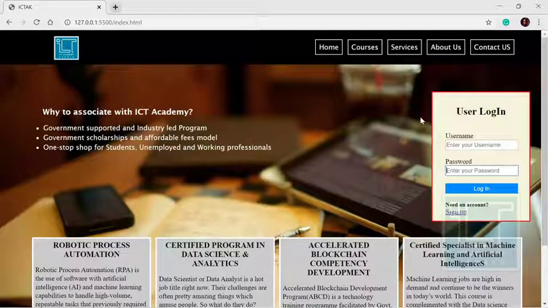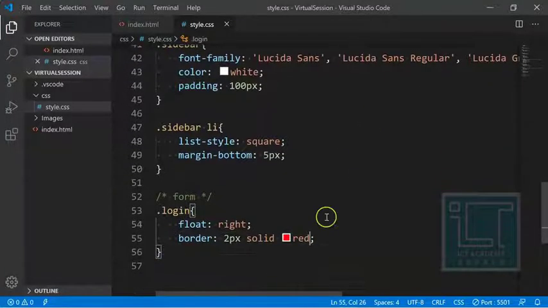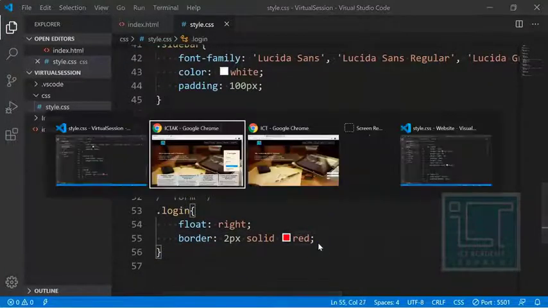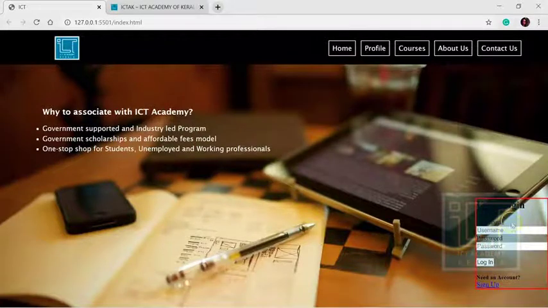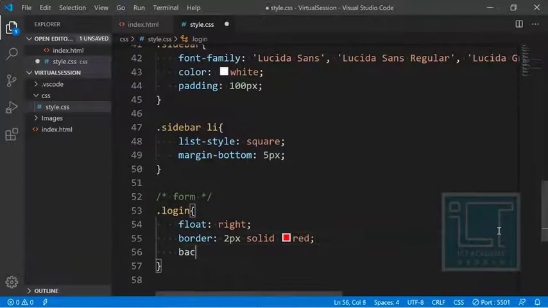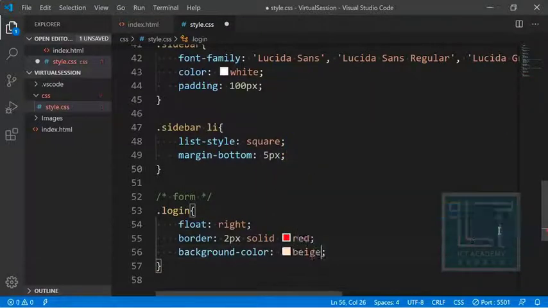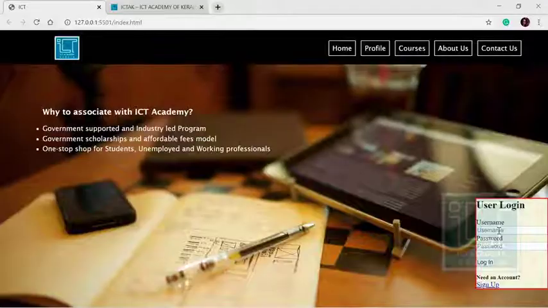Next I want to give the background color to all the contents. I would like to give a background color like beige. Okay, I'm going to give the background color. Yeah, I got the background color.